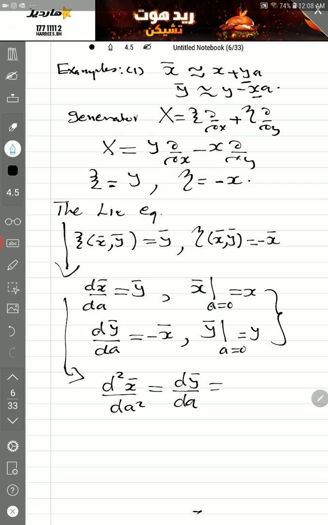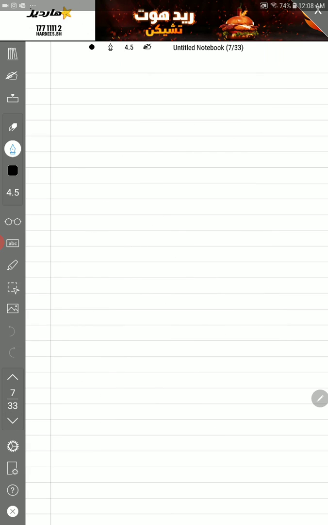And you will replace this from here, equal minus x bar. This is a very easy equation, a second order differential equation, plus x bar equal to 0. Let's solve it now again. And this equation, d square x bar over dA square plus x bar equal to 0, we know from the 205